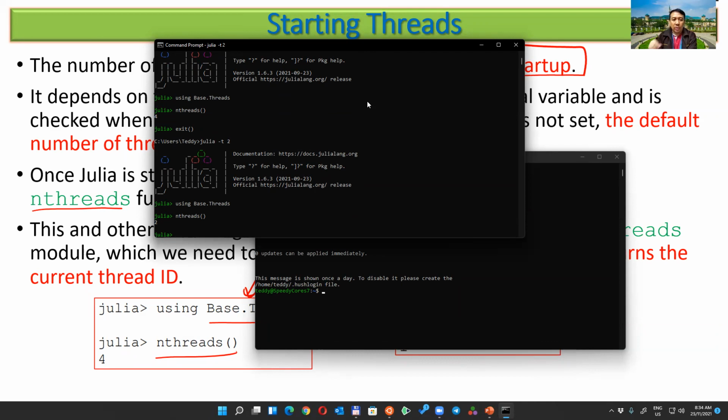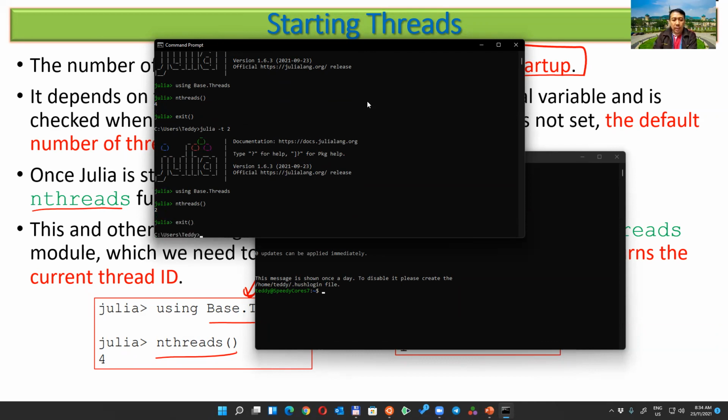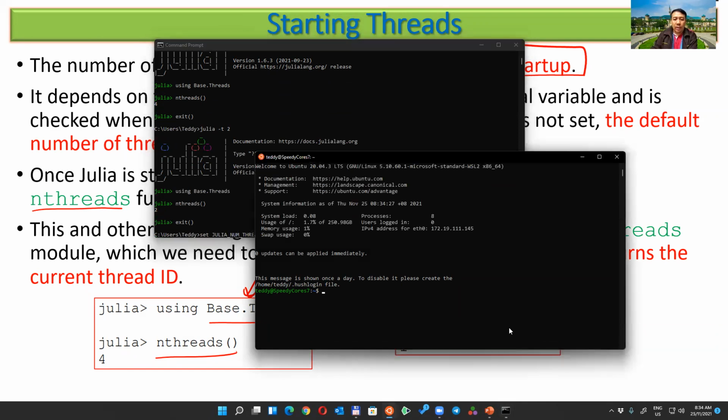You can use the environment variables. What is an environment variable? The same as this: set JULIA_NUM_THREADS equal to 4. Or in Linux, it will be export, if you're using Bash: export JULIA_NUM_THREADS equal to 4. Oh, the equals is not working. Yeah, just use it like this. Oops, how to put it? I forgot in Bash. Okay, so you can see.